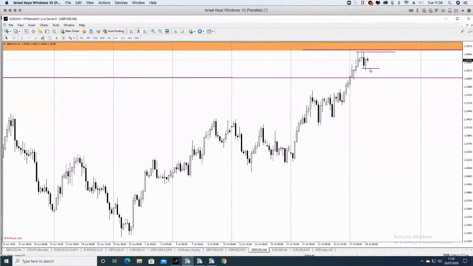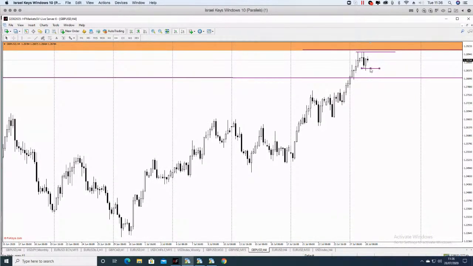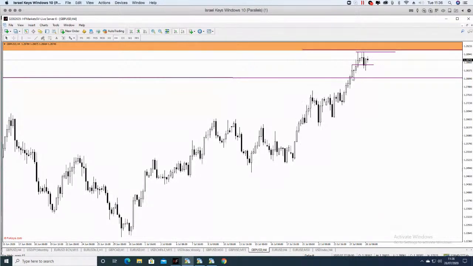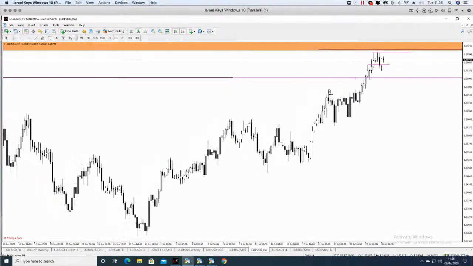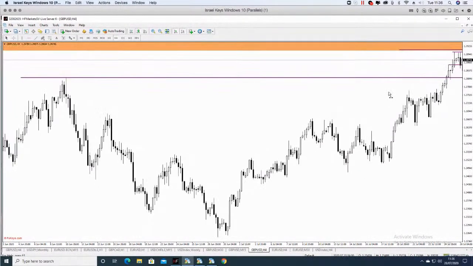Now, the argument you could make, which I see, is that this is a 4-hour high here. I know it's not obvious to an untrained eye, but that is a 4-hour swing high. Why? That's a candle. The candle to the right is lower. The candle to the left is lower. So when that was forming, right? And that was forming,